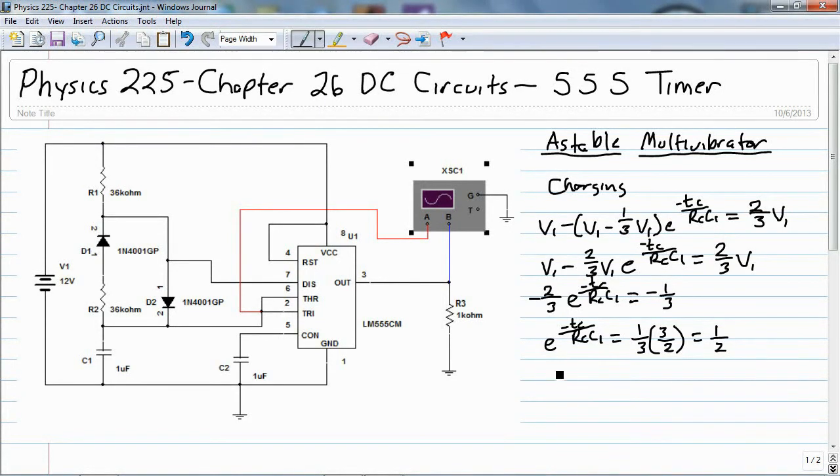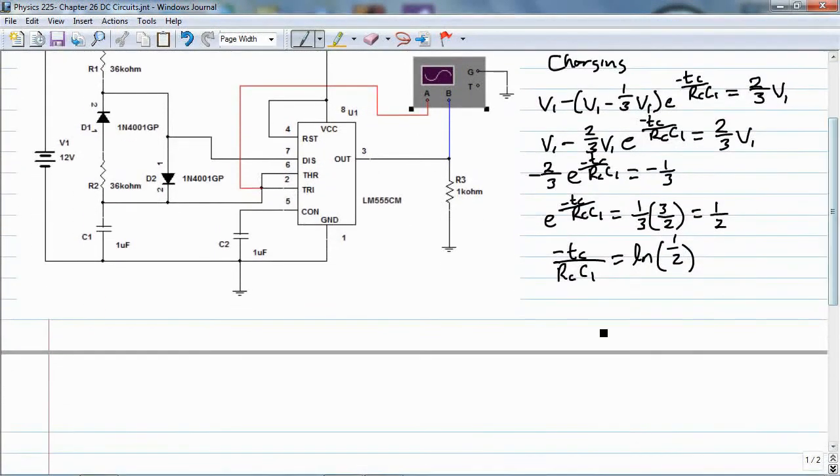Now I'm going to take the natural log of both sides, and if I take it on the left hand side, that's just going to be my value, negative TC over RCC1 is equal to natural log of 1/2, and now I have TC is equal to RCC1 natural log, oh, I forgot my half here, 1/2,